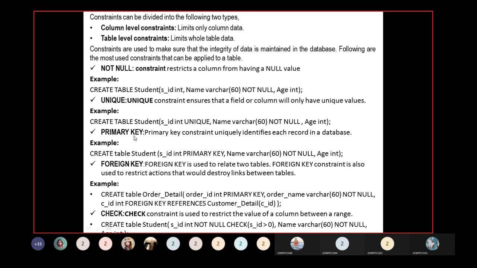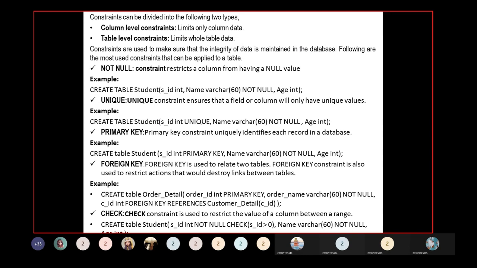Okay, and next let's talk about the primary key. So what is a primary key? The primary key constraint uniquely identifies each record in a table. The primary key must contain unique values and cannot contain null values.